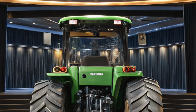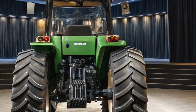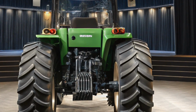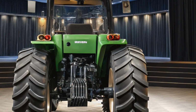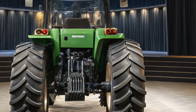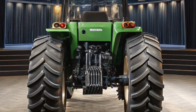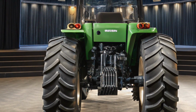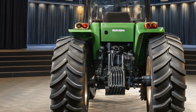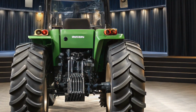Today we're talking about one of the most advanced and talked about tanks in modern military history, the 2026 version of Russia's T-14 Armata. Built for the future of armored warfare, this tank stands out with its futuristic design, high-tech systems, and powerful performance. The T-14 Armata was developed by Uralvagon Zavod and represents a major shift in Russian tank philosophy. Unlike older models, it uses a completely new chassis and is the world's first mass-produced tank with an unmanned turret. In the 2026 version, several upgrades have been added to make the T-14 even more lethal and intelligent on